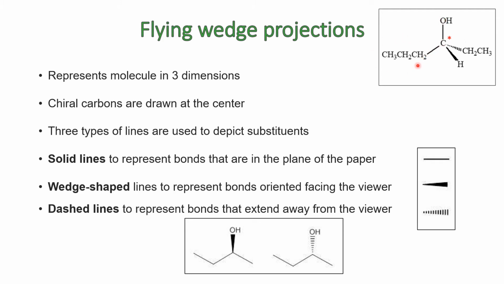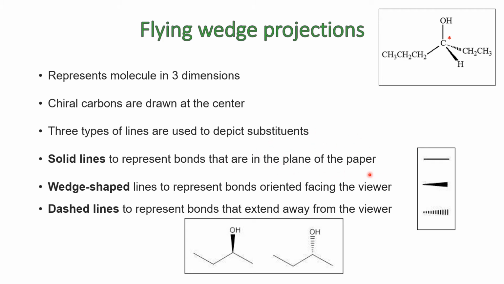So different substituents will be placed at equal distances in 3 dimensions. And the lines which are drawn to depict these bonds are of 3 kinds. Solid lines: normally, whatever lines we draw to depict the structure in 2 dimensions, simple solid lines, can represent the groups which are attached in a way that they are in the plane